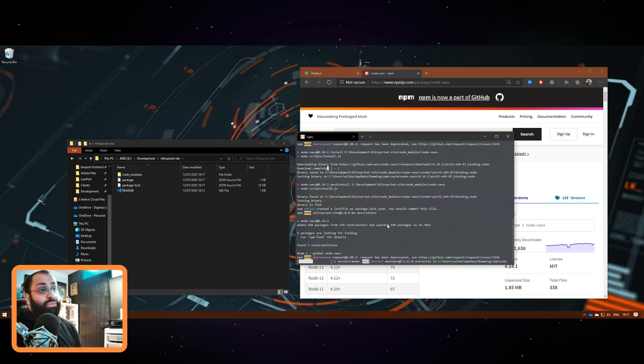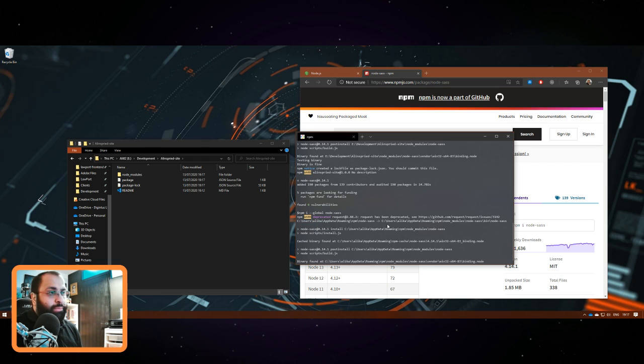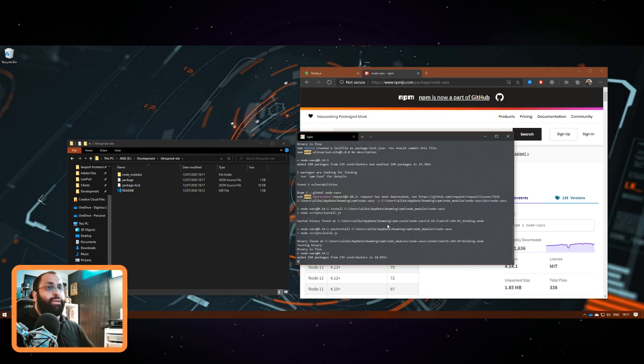You don't have to, but it's just something I'm used to doing from a while back. Alright, so now that's installed. My preference is not npm, I use yarn. So let's install yarn. So npm install